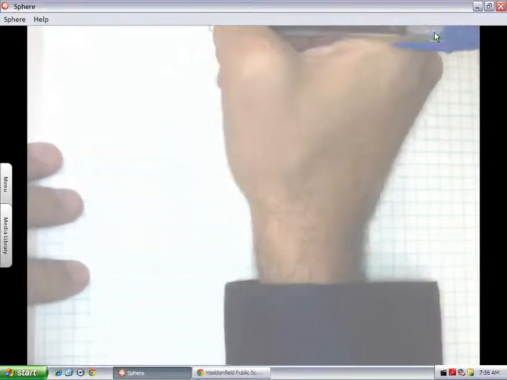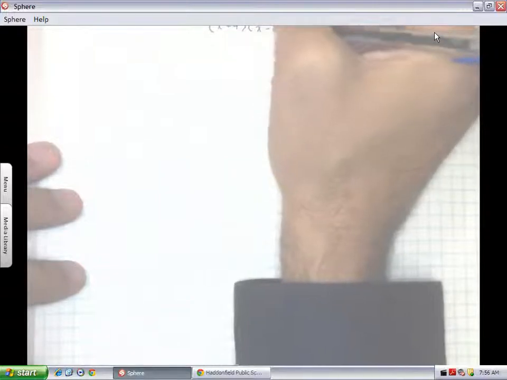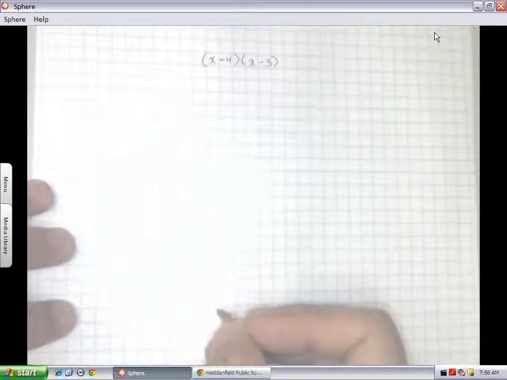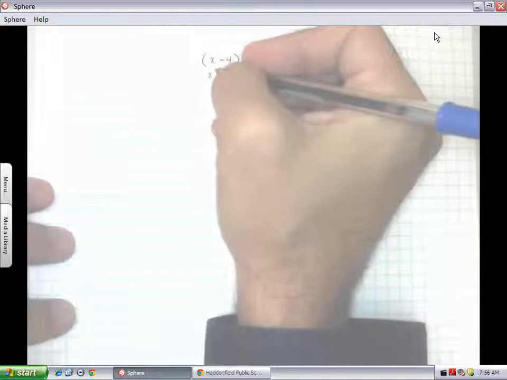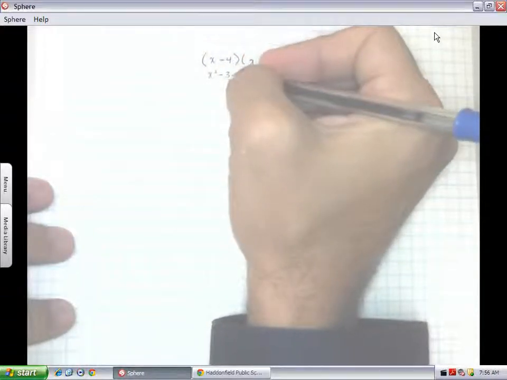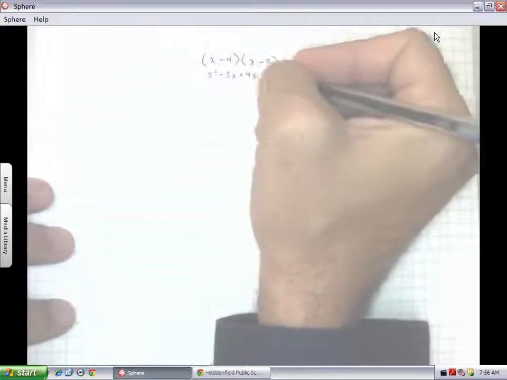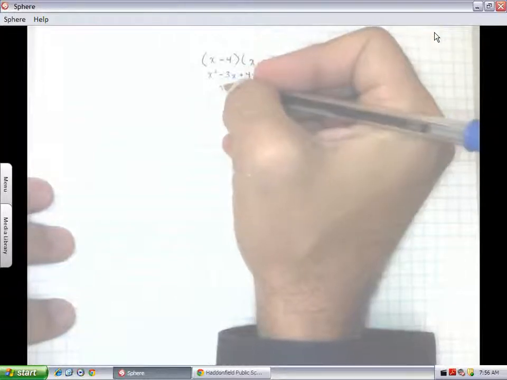So now we're going to take a look at fast foiling and then factoring. So suppose I have binomials x plus 4 times x minus 3. Well, foiling, we know that it's x squared minus 3x plus 4x minus 12, which reduces to x squared plus